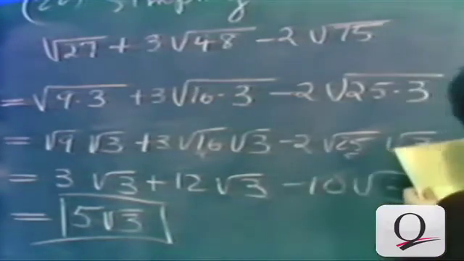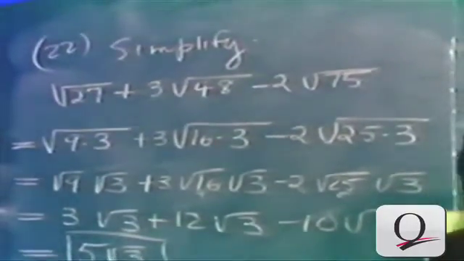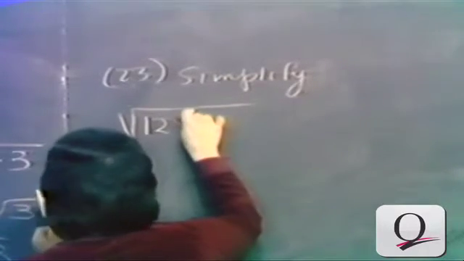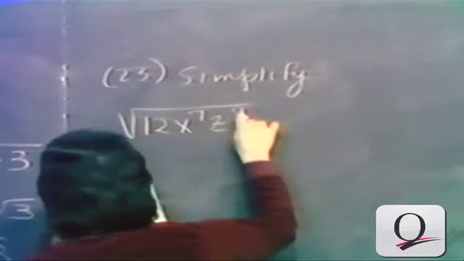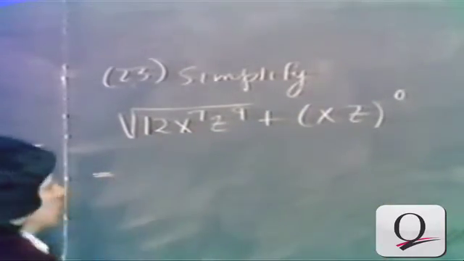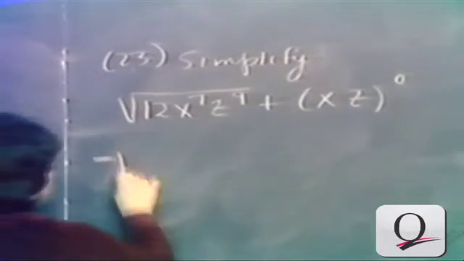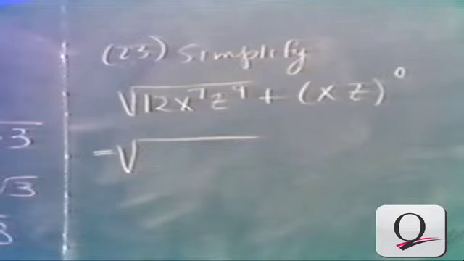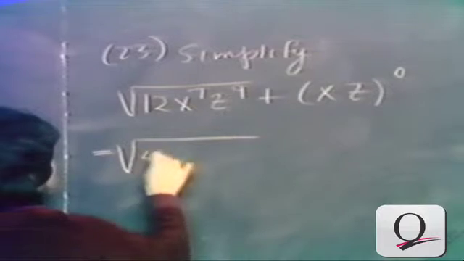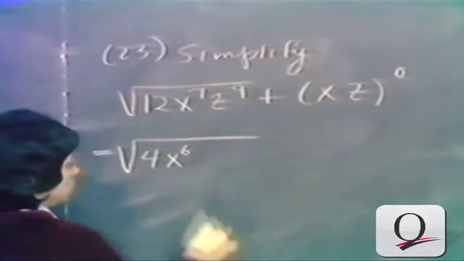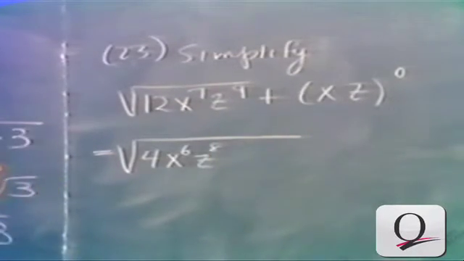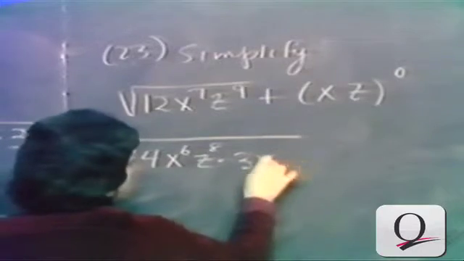In problem 23, we want to simplify the square root of 12 x to the 7th, z to the 9th, plus xz to the 0. Once again, to put this in simplest radical form, we're going to look for the largest perfect square factor. For 12, that would be 4. For x to the 7th, it would be x to the 6th. For z to the 9th, it would be z to the 8th, the highest even power contained in there. That leaves us with 3xz